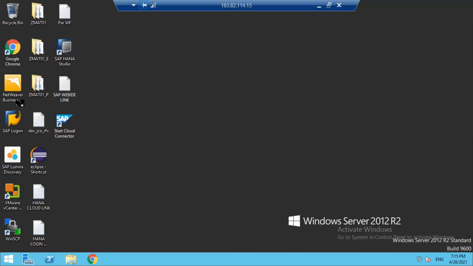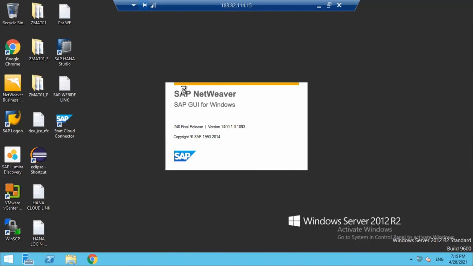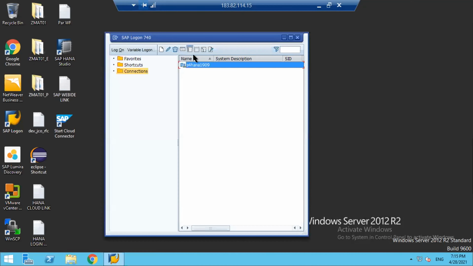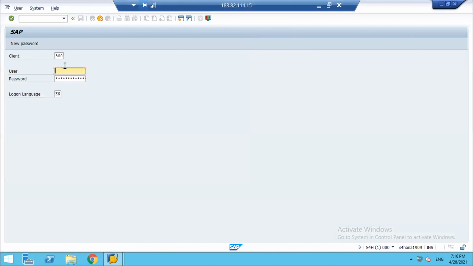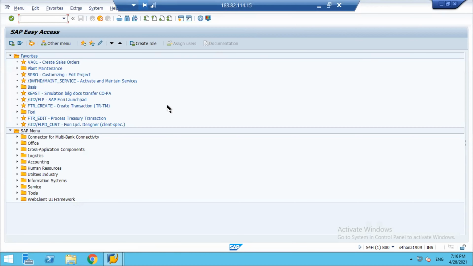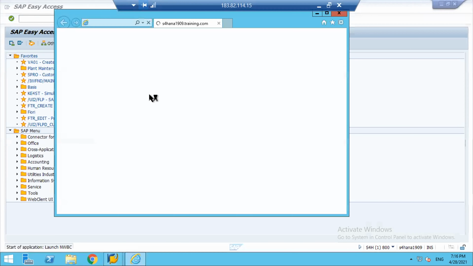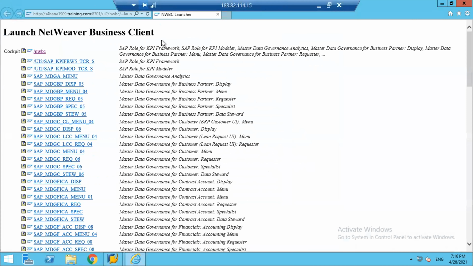Like I said, it's one MDG system only. So this is the system. It's just like your regular login, how you log into your systems. We have different user interfaces for SAP MDG. I will walk you through one of the user interfaces. Don't worry about how to connect to this and all. I will explain later.